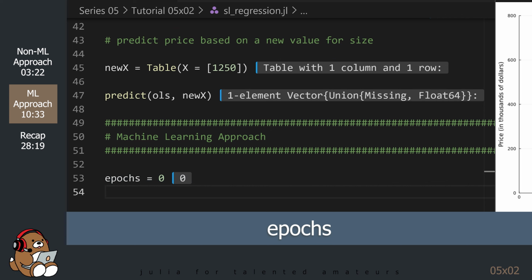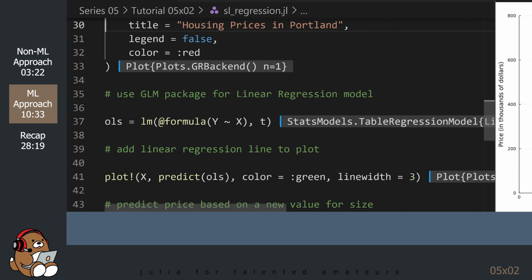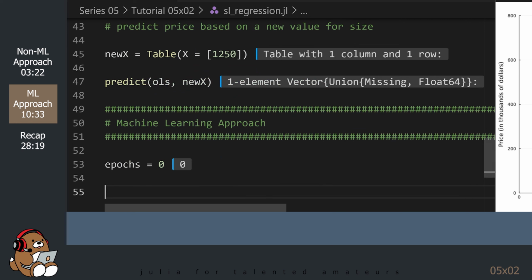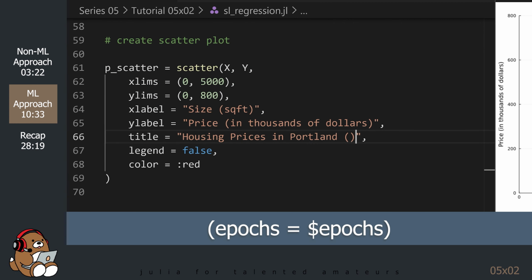I'll explain what this is in a few minutes. Next, let's replot our data. You don't need to retype all of this in, you can just rerun the code from above, but for the sake of completeness, I'm going to copy and paste the plotting code from above. The only difference is that I added some text to the title to include the epochs.